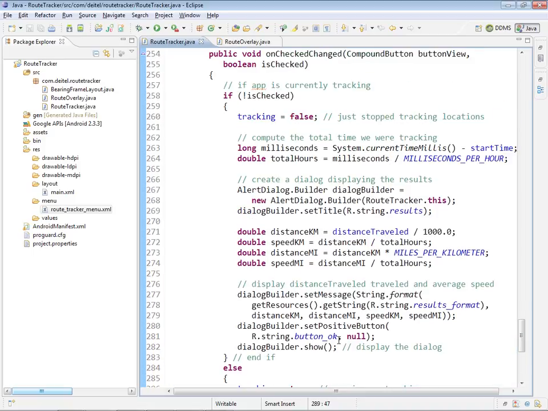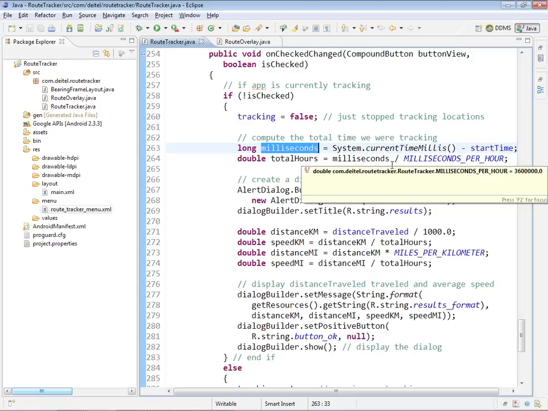Now, if we're finishing tracking a route, after setting tracking to false, we go ahead and get the current time in milliseconds once again and subtract from that the start time to figure out the total number of milliseconds that we were traveling. We then determine the total number of hours by doing the calculation here on line 264, and